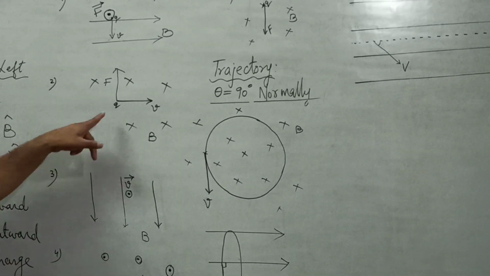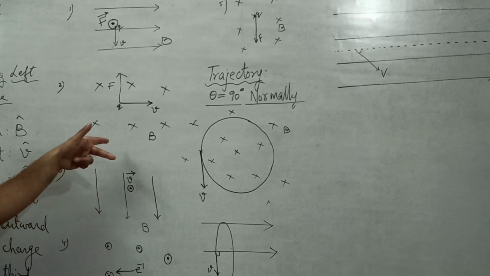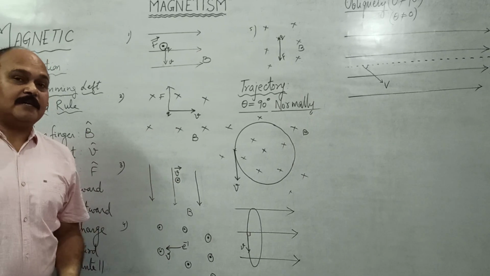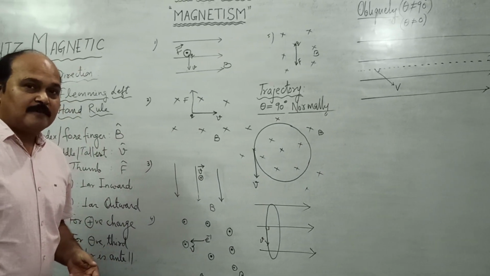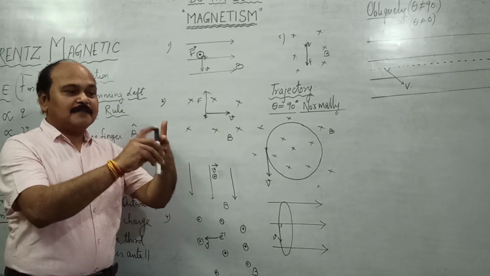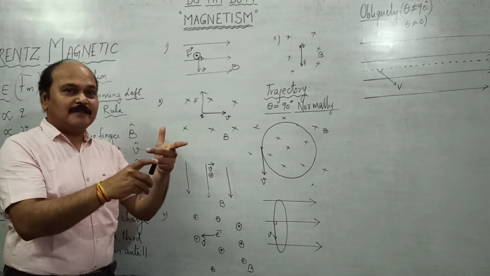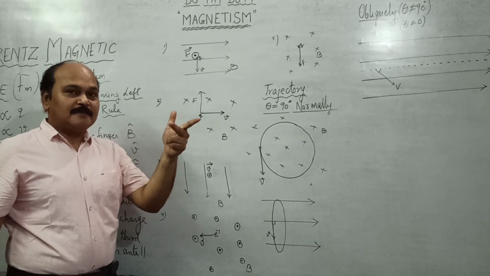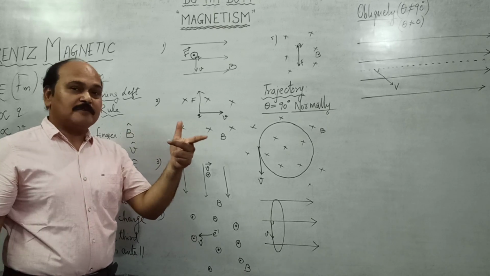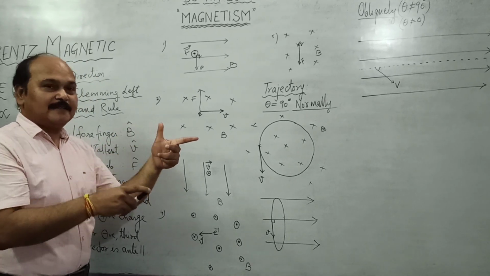And had this charge been negative, the force would have been in the opposite direction. Anyway, if the sign of the charge is not given, by default it is taken as positive. Well, we can remember this law as the mother, father, child rule. Mother stands for magnetic field. Child stands for the velocity of the charge, and the thumb, that is force, stands for father. So mother, father and child.